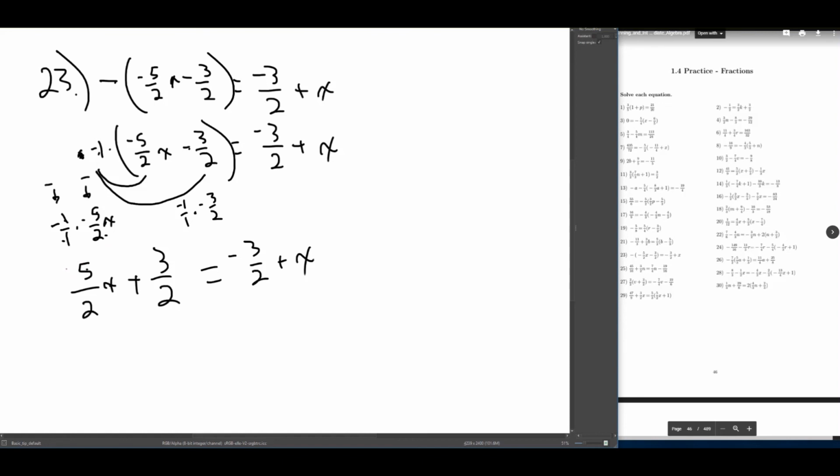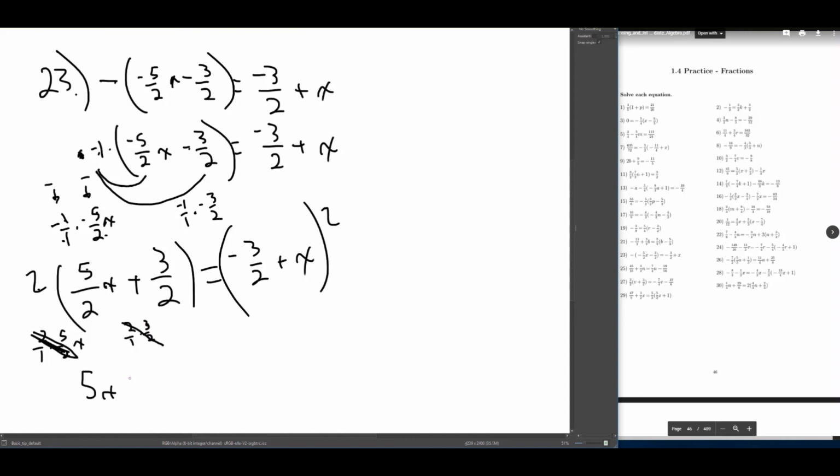So we're going to get rid of that 2. The fraction is over 2. So let's multiply everything by 2. All right. So anytime you multiply each side, you put it in brackets and you multiply each item by that 2. So that's 2 over 1 times 5 over 2 times x. Cross divide this, that becomes 5x. 2 over 1 times 3 over 2, you cross divide and you're left with 3